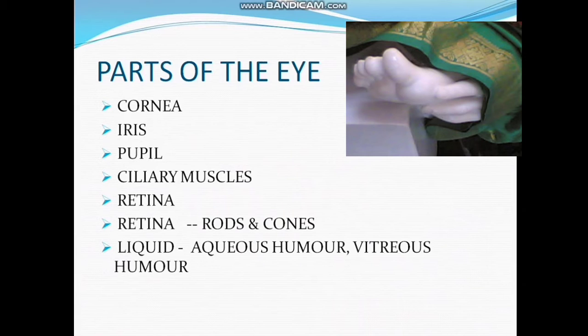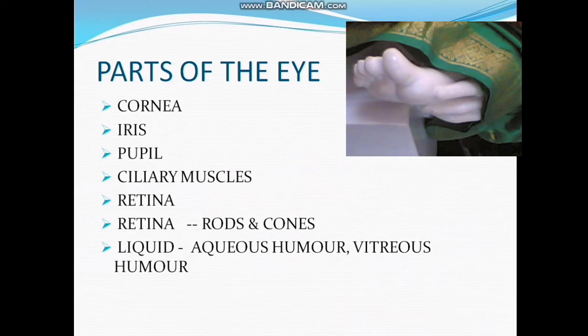Cornea. It's a thin membrane covering the surface of the eyeball through which light enters. It acts as a primary lens which provides the refraction for light rays entering the eye. Aqueous humor. It is a transparent gelatinous fluid secreted from the ciliary muscles and fills the space between the cornea and the eye lens. It provides nutrition to the eye tissues and increases the protection against dust, wind, pollen grains, etc.